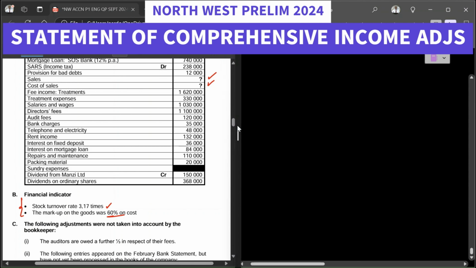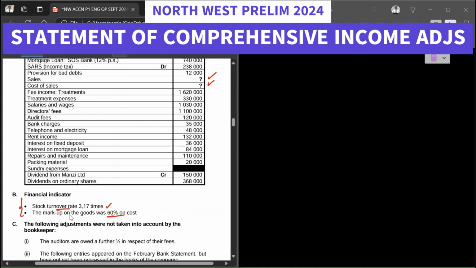If I am given the stock turnover rate, remember, formulas for financial indicators are very important. If you have been following my videos, I keep emphasizing that you don't need to over-rely on the formula sheet. You need to know your financial indicators formulas right at your fingertips. It has to be quickly there, so that once you hear stock turnover rate,